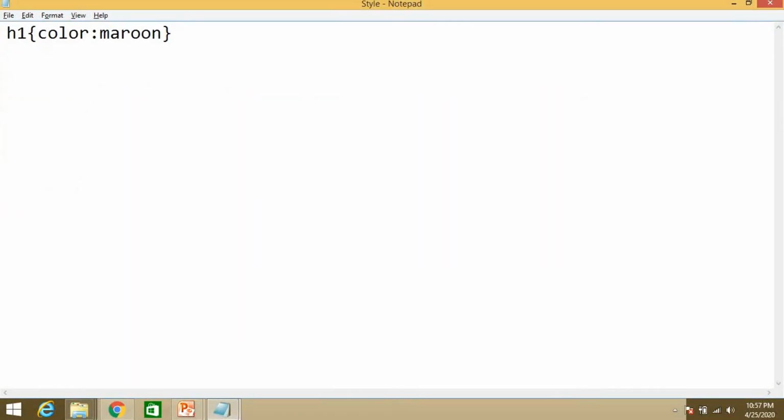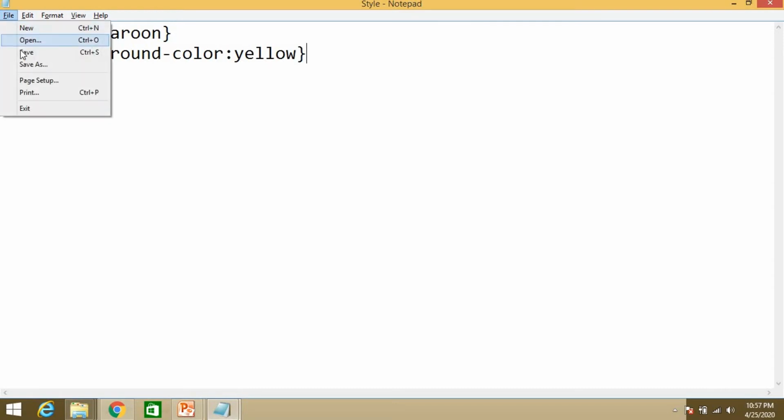Write the next line: body, in brackets, background-color yellow. Just save this, Control S. Now see the effect.